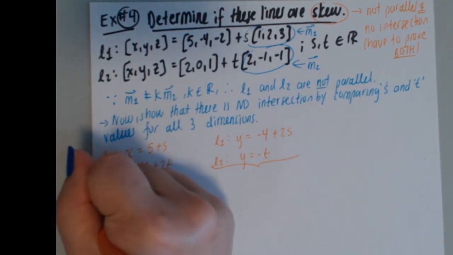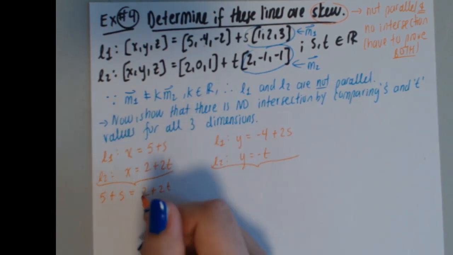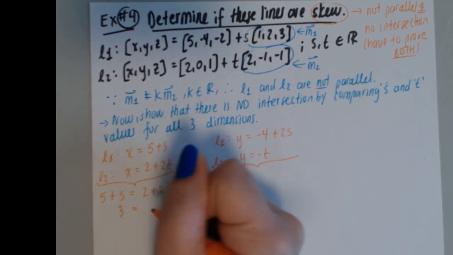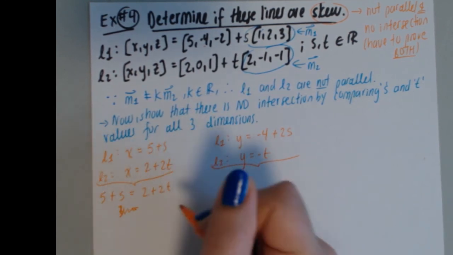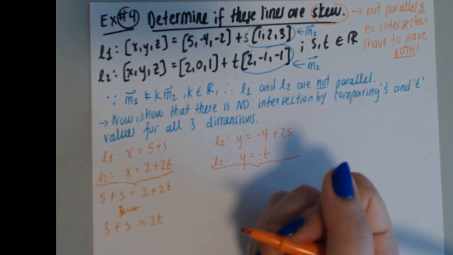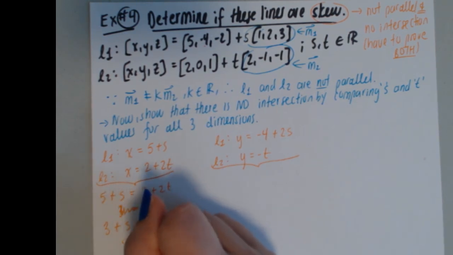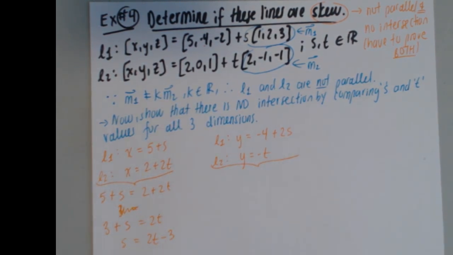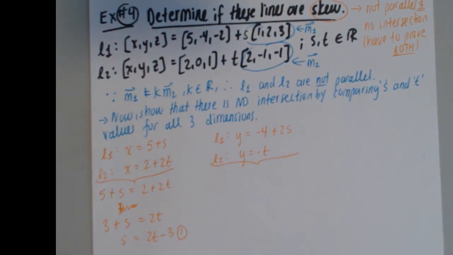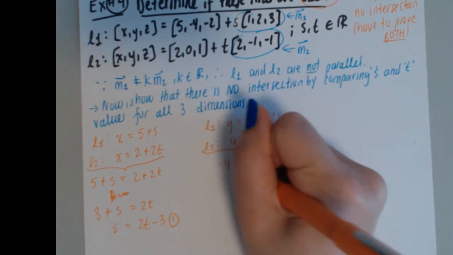So X is equal to X, so 5 plus S is equal to 2 plus 2T. 5 minus 2 is 3. Okay, let's actually do this. 3 plus S is equal to 2T. I'm going to isolate for S because it looks easiest here. S is equal to 2T minus 3. Okay, so that's going to be a pretty handy equation. I'm going to call that equation 1. And going to the Y dimension, I'm going to have -4